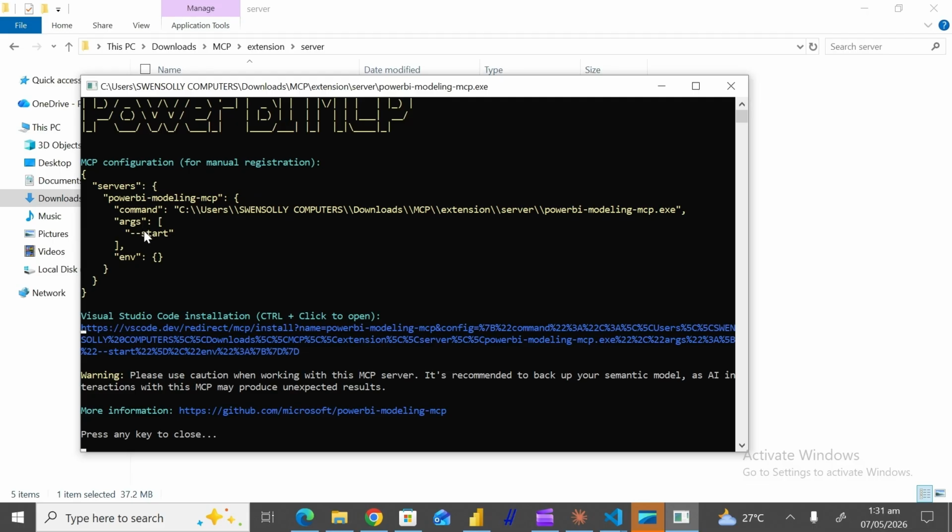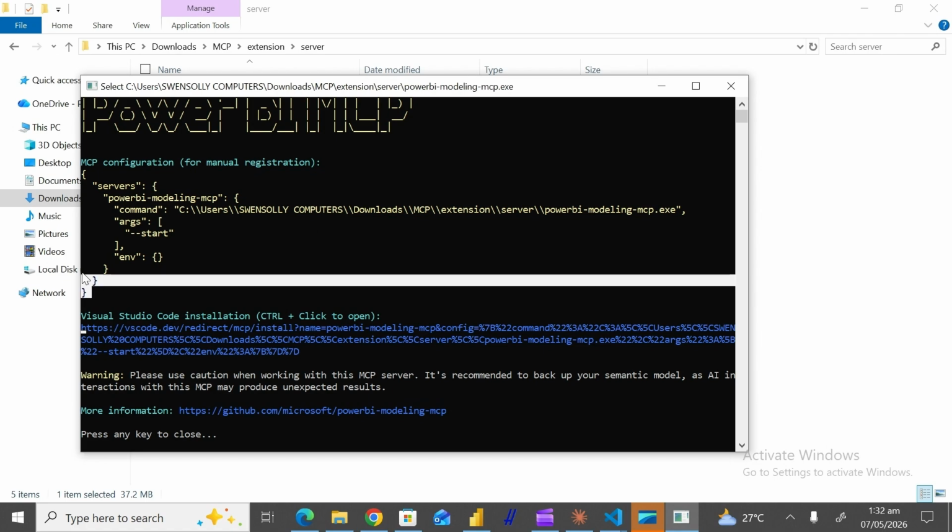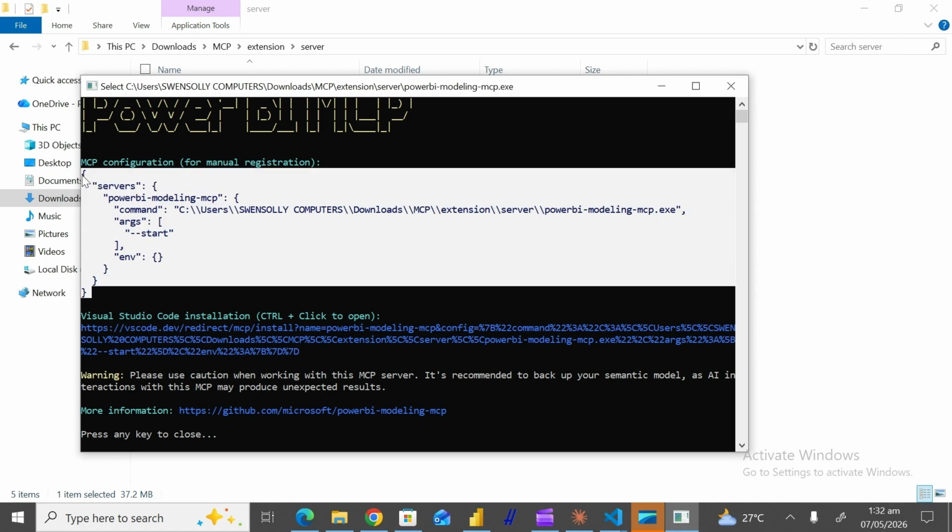So this is the configuration code, and you realize that the C here, the Users, my computer's name, the file location is very necessary. Yours might differ from where my location is on my PC. So make sure you check this very well. What you have to do is to copy this